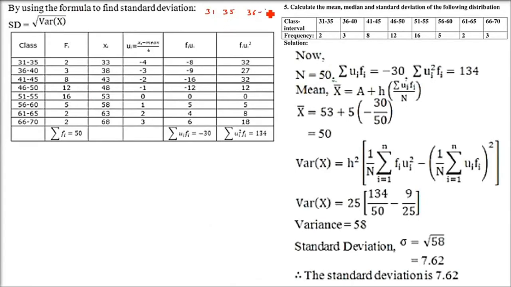See, 31 to 35 is the first class. 36 to 40 is the other class. What about 35 and 36? If you remember, when I took a problem in the theory discussion, this actually is the inclusive method. Here the class intervals are found by the inclusive method, but the midpoints of the class intervals remain the same whether they are found by inclusive method or exclusive method. So there is no need to convert them into an exclusive series.